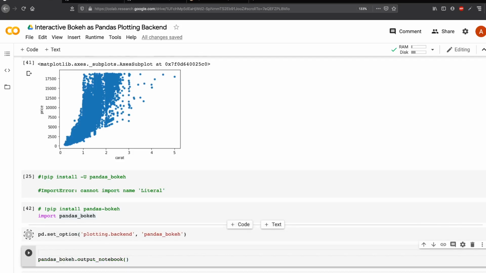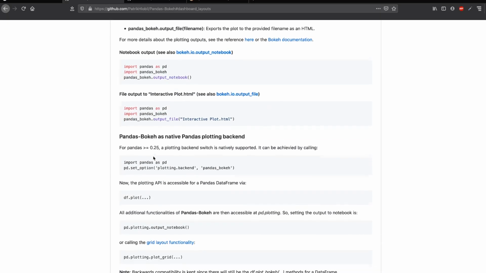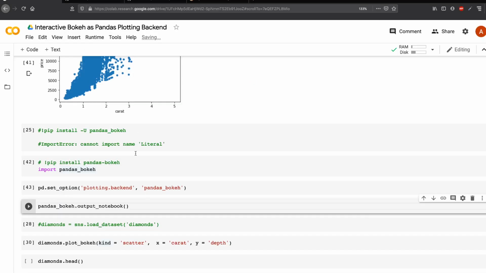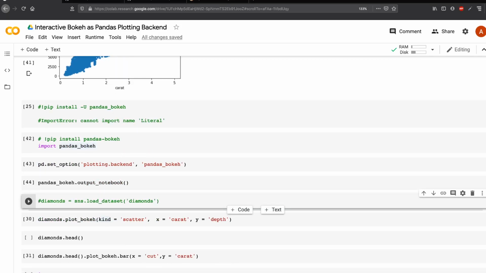Let's run it. The next thing is that in Pandas Bokeh there are two ways you can make visualizations. One is you can display the interactive visualization inline with a notebook, just like how your Matplotlib visualization is. The other way is you could be running a blog, or you want to take this HTML and put it inside a dashboard or something. In that case you would want to output it to a file as an HTML file. But for our current video, I want to just show it inside a notebook, so I'm going to use pandas_bokeh.output_notebook. That's what I'm going to run. So now we are all set to make the visualization.